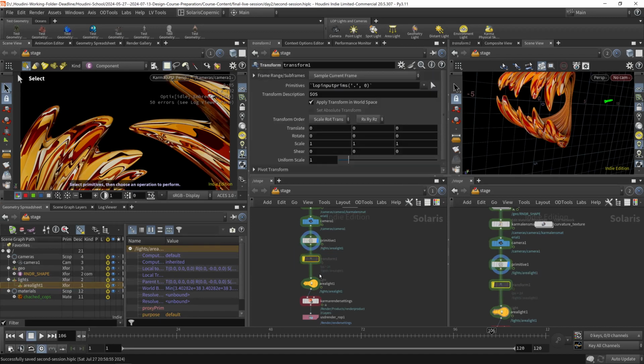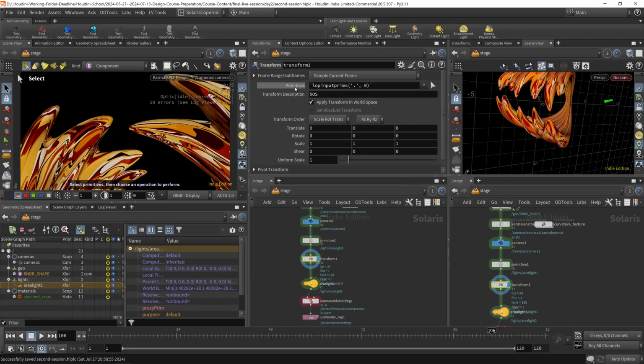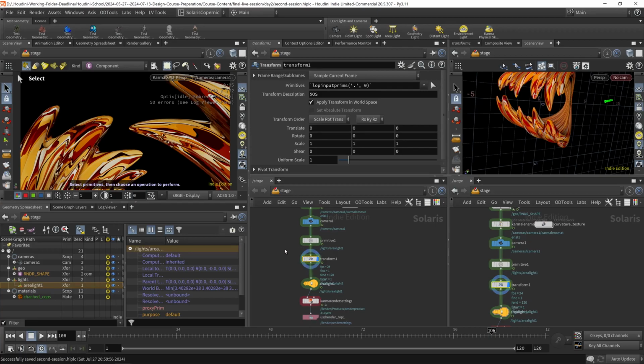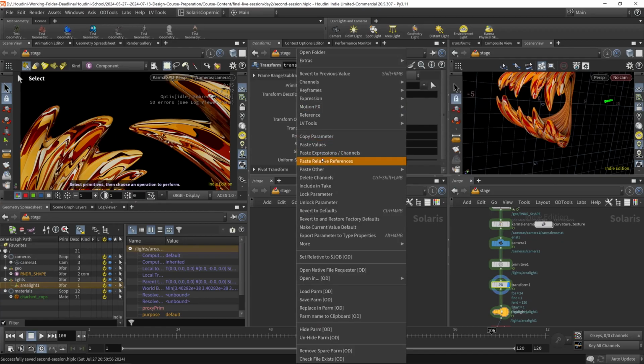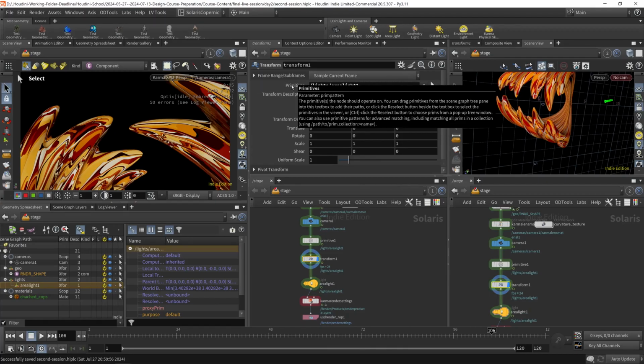We also want to then have a transform, and always, if we transform something in Solaris, we want to paste the primitive path of the object into this primitive input field. So then we can transform it. Typically, you want to drag it over. We want to reference it. We can simply do this with the right mouse button, and then we can paste relative reference, because we can preview with the middle mouse button. We still have our primitive path from the area light